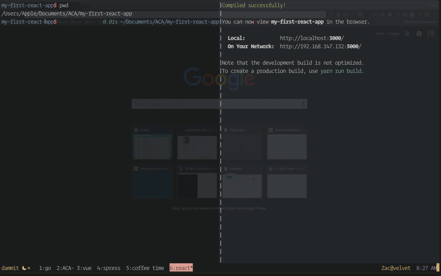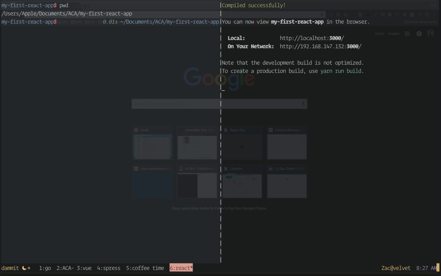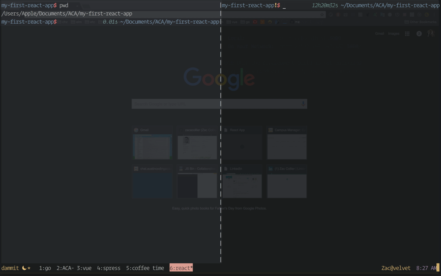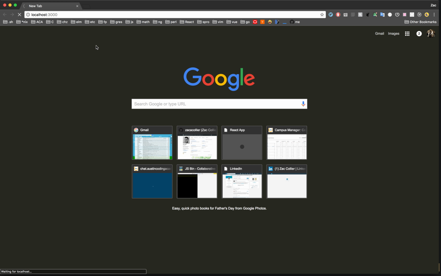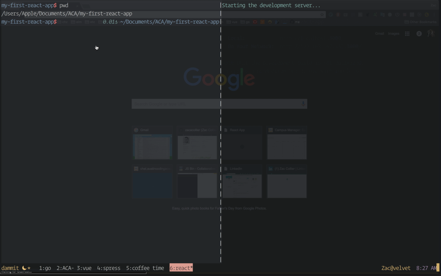So yeah, generate your project, change into the directory, and then over here I have a server running already, but you can do the same thing just with yarn start. If you don't have yarn working, you can use npm start. That will work just fine. Okay, while that starts up,